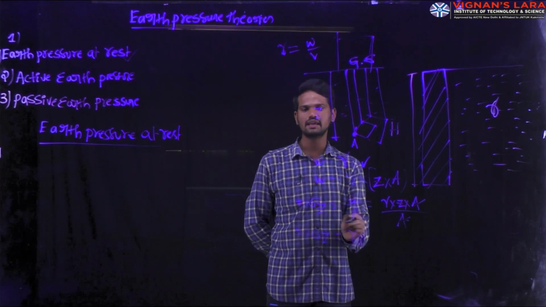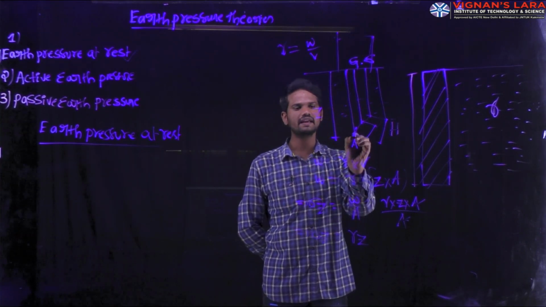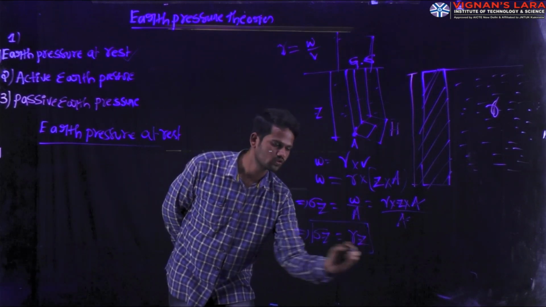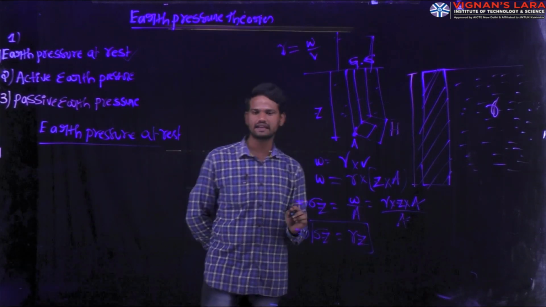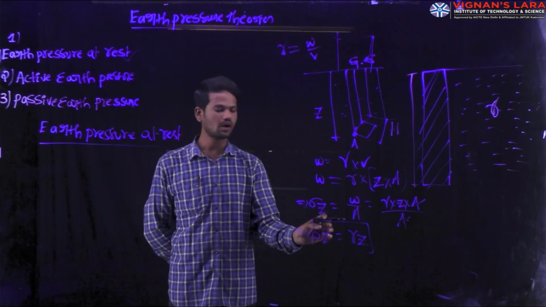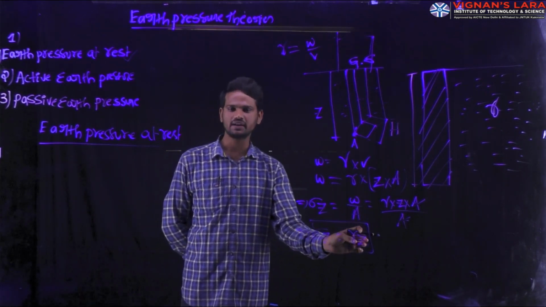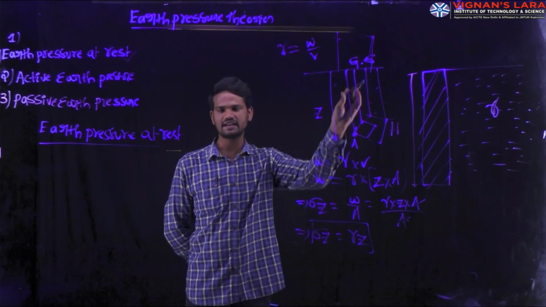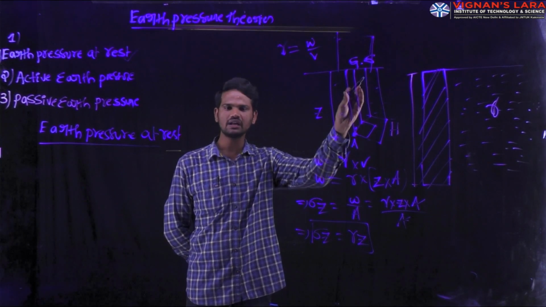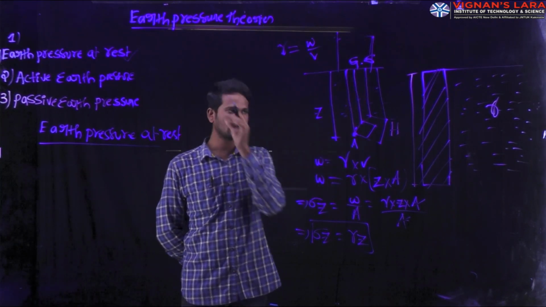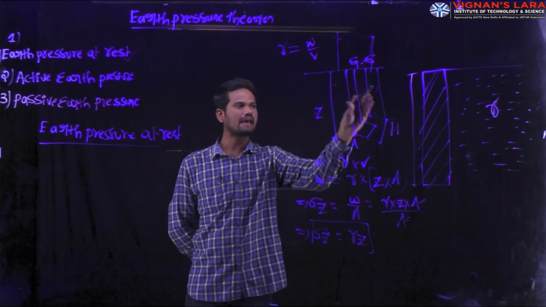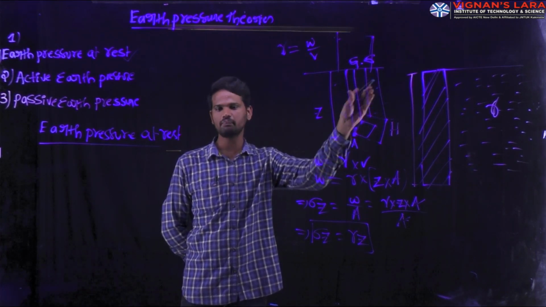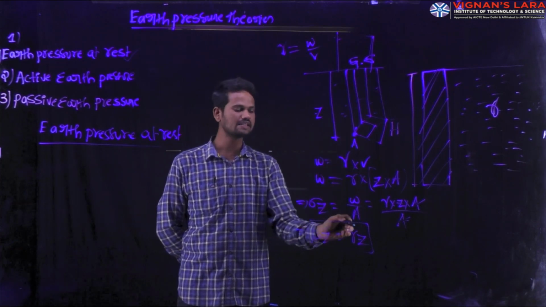This is the amount of pressure acting on the soil element. This vertical stress is most important in your entire chapter. You have to remember the vertical stress as gamma into z. Vertical stress is nothing but the unit weight of the soil mass available here into the depth of the soil element. Suppose the soil here we are considering as a dry unit weight or bulk unit weight, hence we are naming it as gamma.